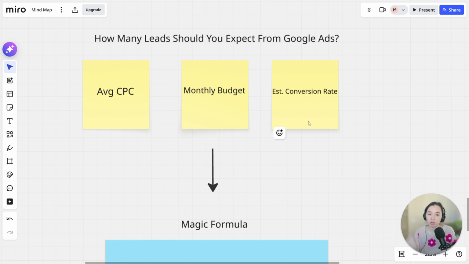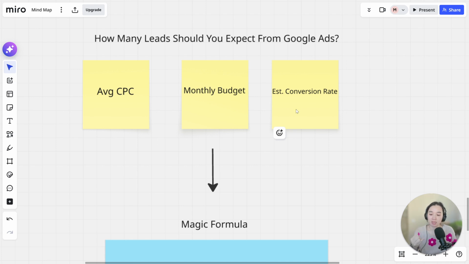If you've never run ads before, then you will probably need to take an estimate, or you can look at your Google Analytics, if you have the tracking set up, to see what your current conversion rate is on your website. If your current conversion rate is 2%, then you can make an assumption that your conversion rate, if you're sending traffic to your website, is going to be similar using paid ads versus organic. If you don't have this number,